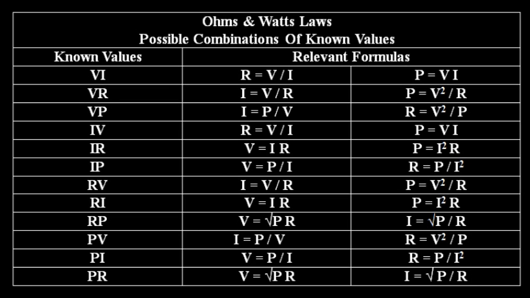Alright, we're back. Take a look at this chart here. This is the big chart that you really have to know. The column on the leftmost side of the chart is the known values. So V and I are known values. V and R are known, and so forth. All those are known. And then the formulas that you see off to the right, there's going to be 2